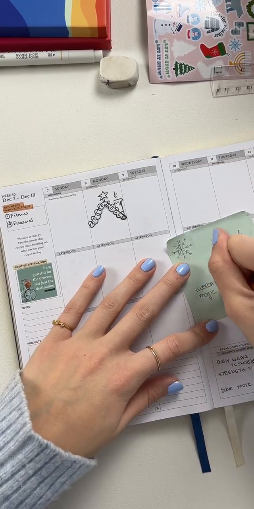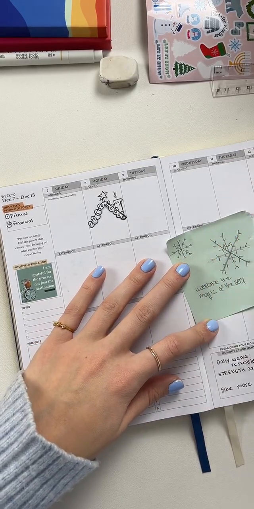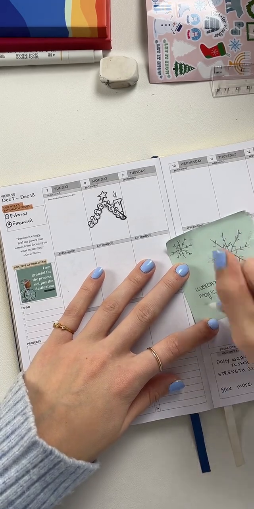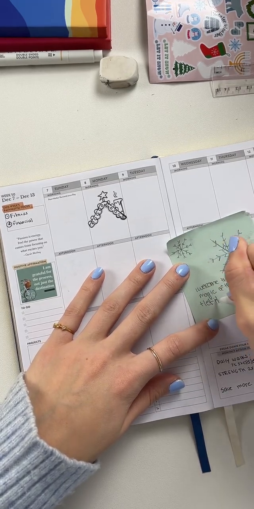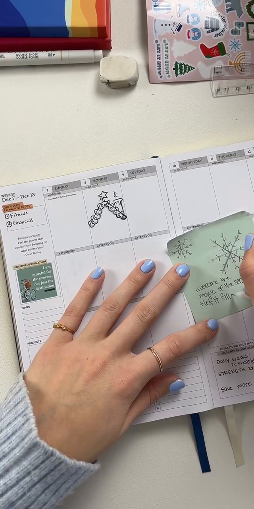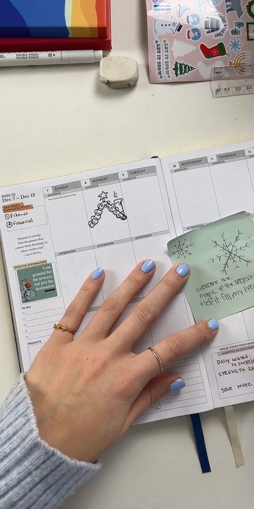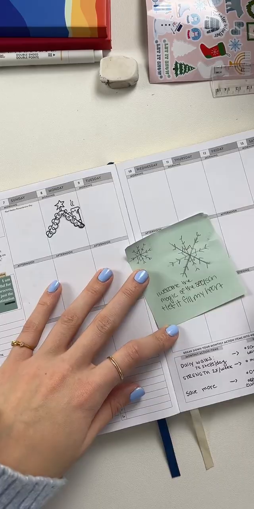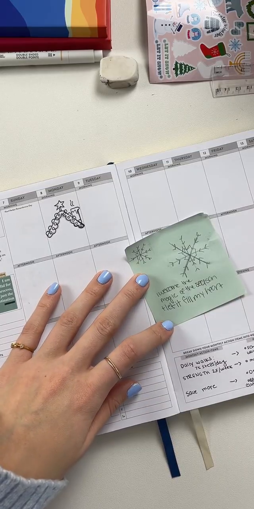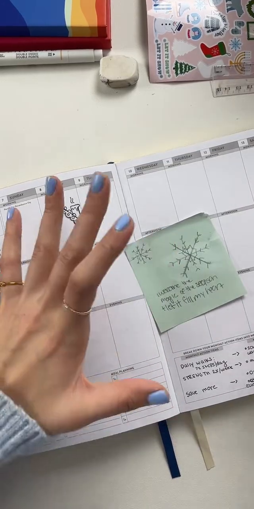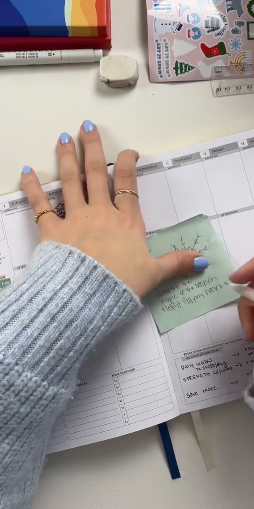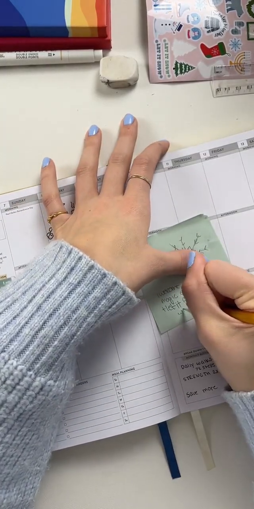And the magic of the season, and let it fill. I love these sticky notes so much, you guys. I'm obsessed with them. I also think I had one too many cups of coffee today. You guys know that feeling. Fill my heart with peace.